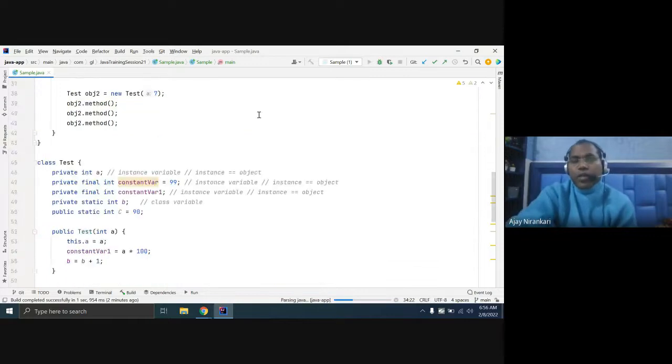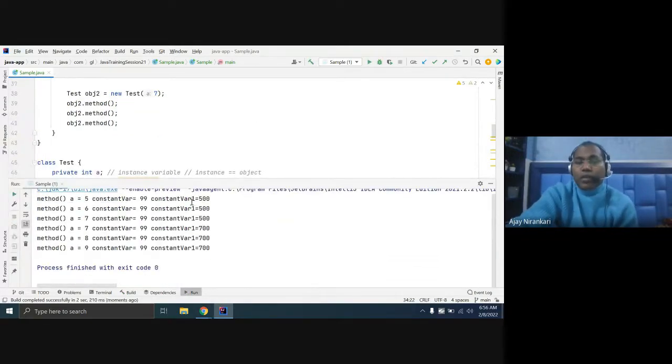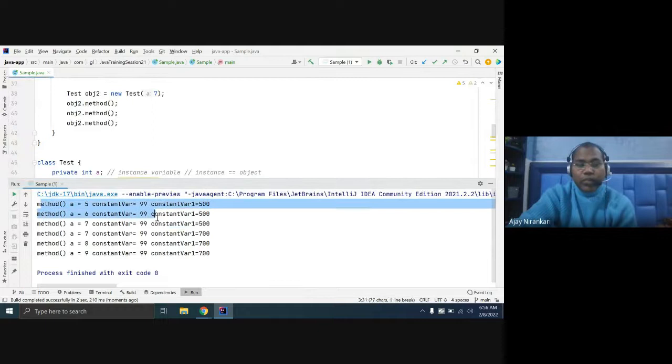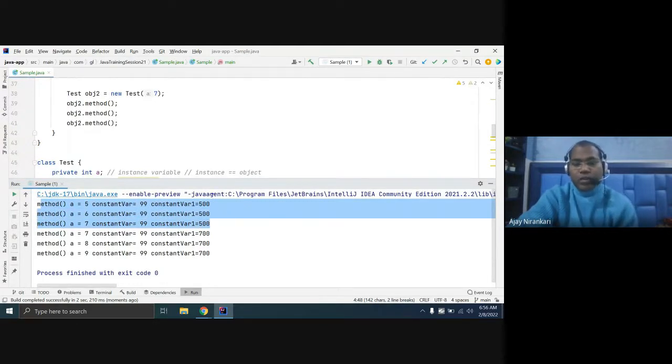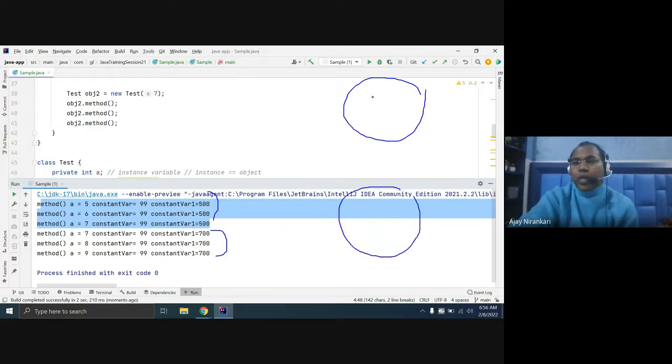Here you are creating two final variables, but one final variable is for your object 1. This is object 1, and this is object 2. You have created two objects, and each object has its own final variable, its own instance variable. The instance variable you can change any time, but the final variable never changes.